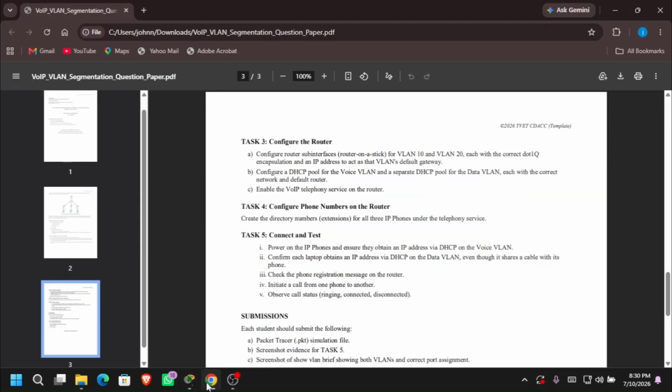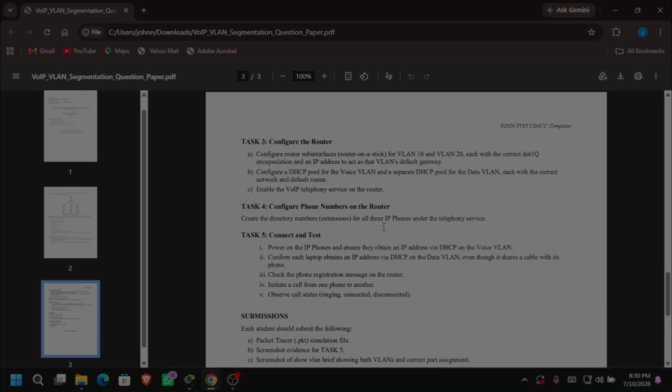So that's task 4, in which we have created the directory numbers for the